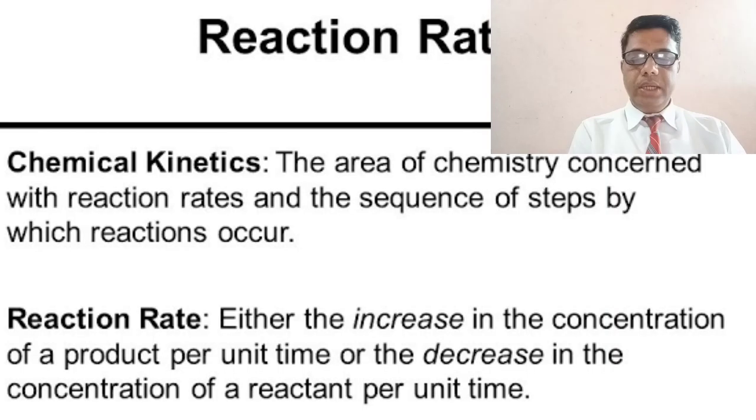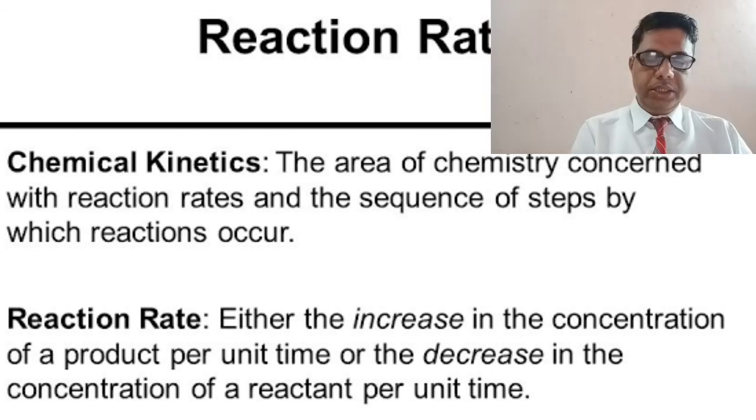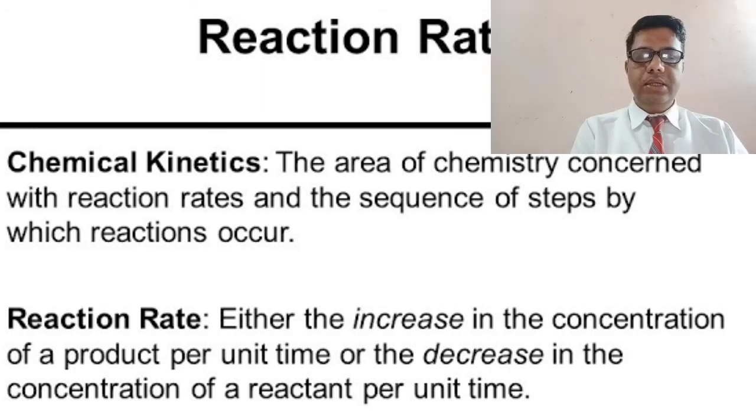So what is the rate of reaction? Simply, if we consider any reaction A plus B gives C plus D, here A and B are reactants on the left side and C and D are products formed. As we mix two different chemicals and the reaction proceeds, the reactants get consumed as time goes on, and simultaneously there is a formation of products C and D, depending on the different conditions of